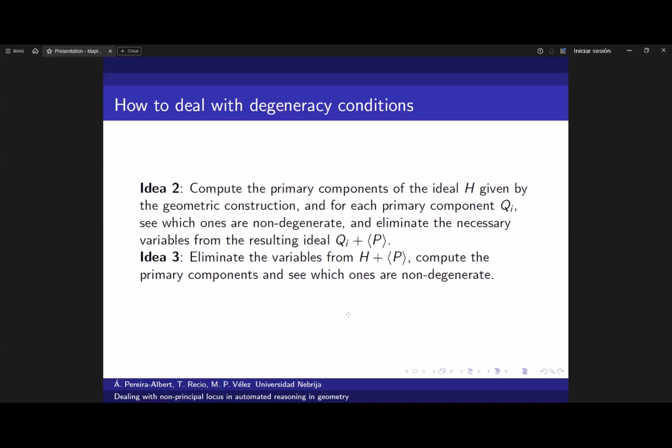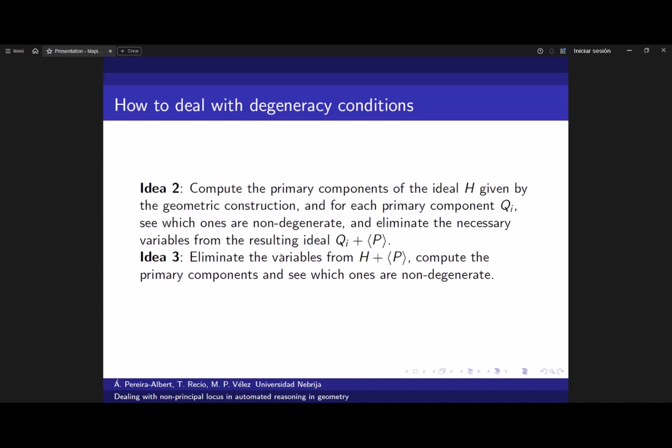The first one would be to take the ideal H of the construction and then compute every component. So compute the primary decomposition of this component, and then for each primary component, if it is degenerate, we throw it away, and then for the non-degenerate ones, we add P. So we add the condition, and then we eliminate the variables that we need to